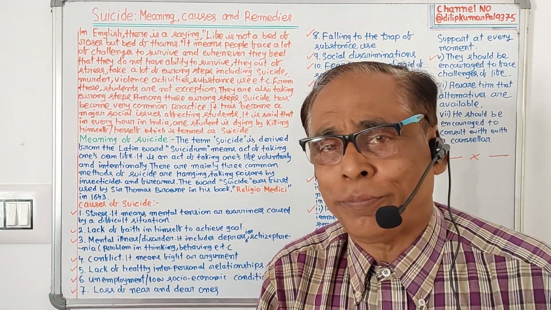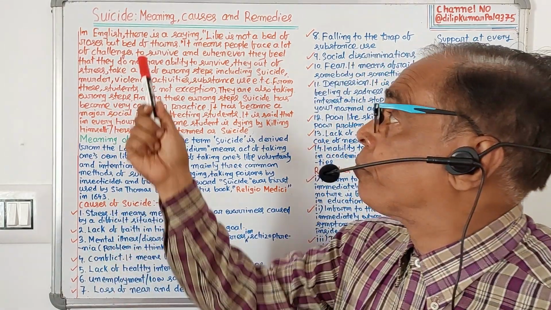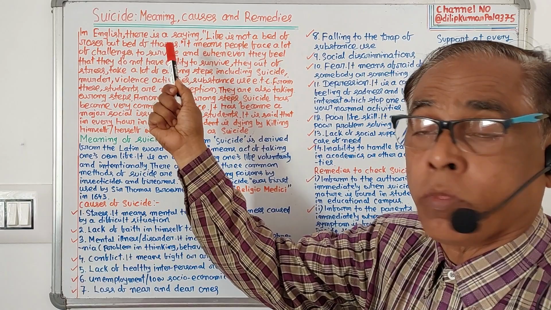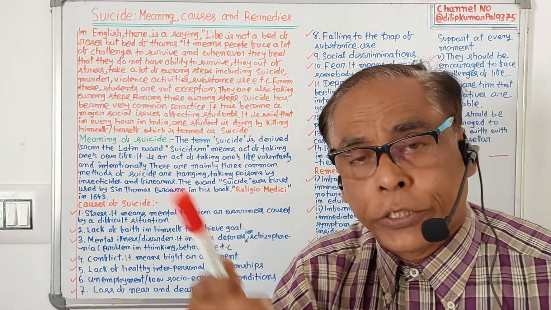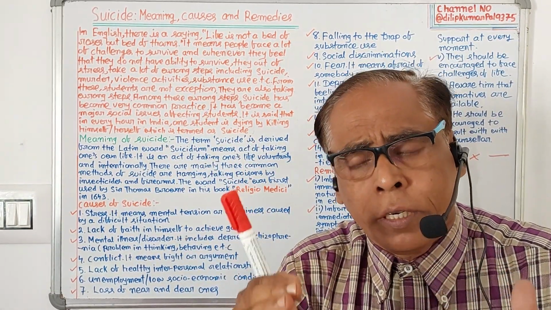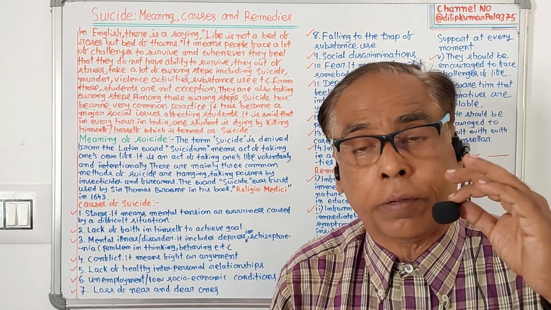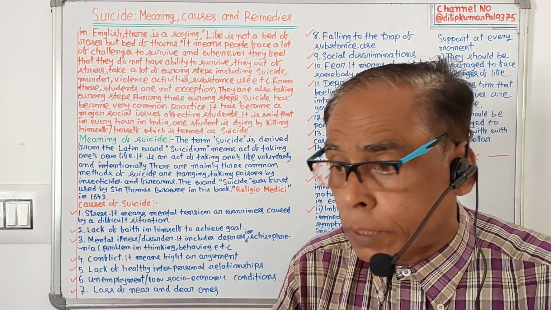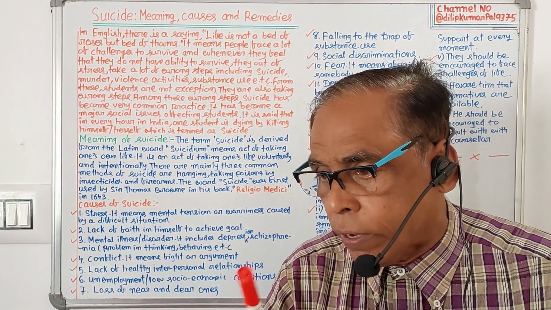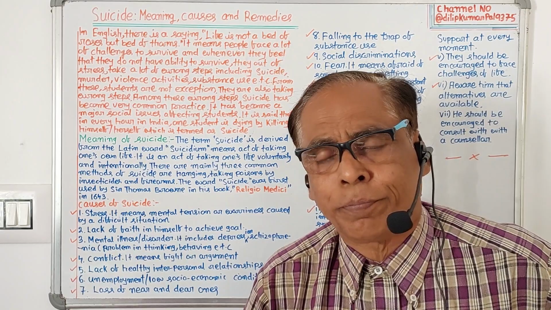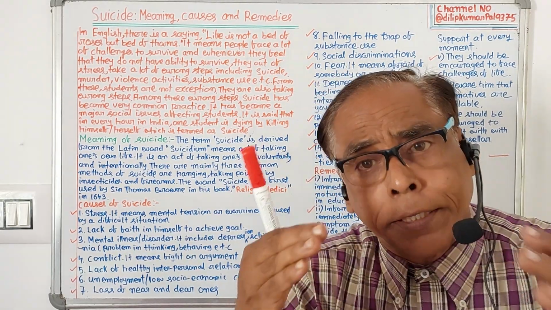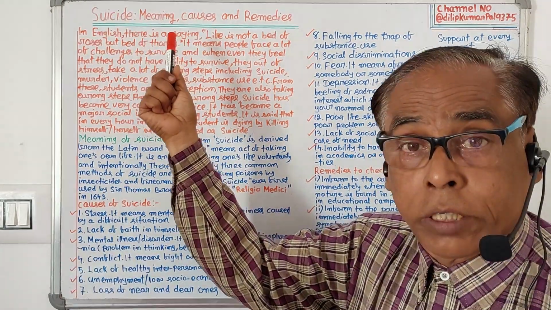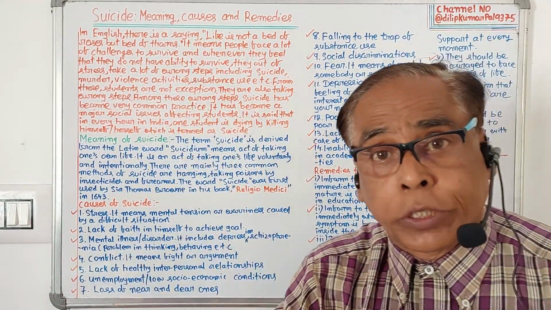I stand before you with the topic suicide, its meaning, causes and remedies. It is found in plus 3 fourth semester ethics and value paper, and the name of the paper is Ethical Values for Student Life. But before I discuss what is suicide, what are the causes of suicide, remedies of suicide,